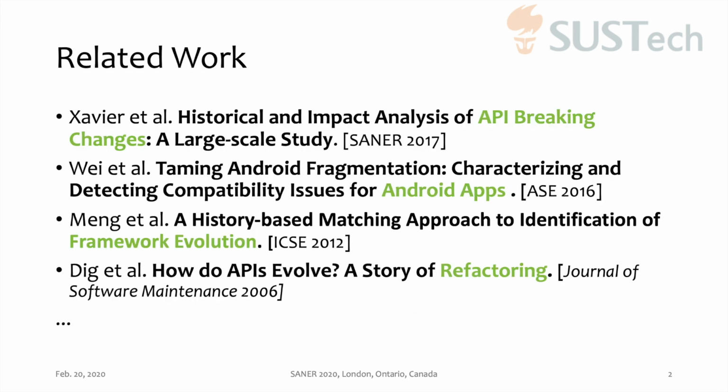There are lots of works studying the API evolution in frameworks and platforms that use Java, C, and C++. They study the breaking changes made to the APIs, characterizing the compatibility issues, and help developers migrate their code to the new library release. When we start working on this project, we are asked by our lab mates,